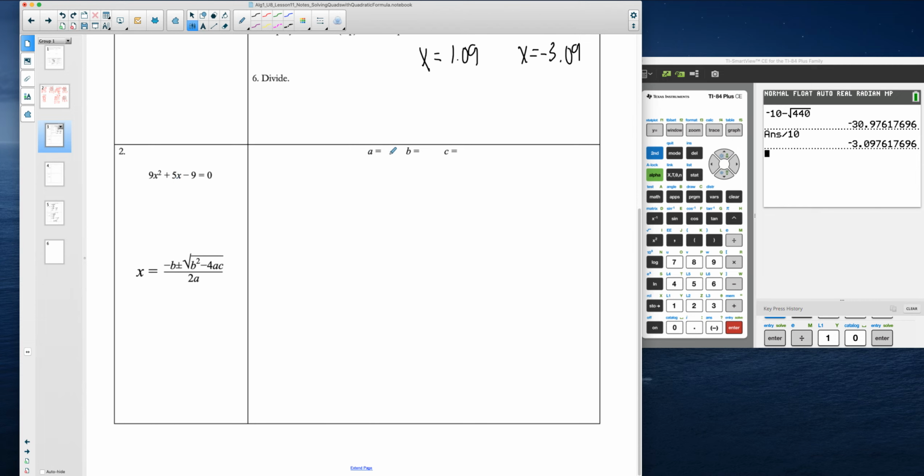Now I can go through and identify my a value as 9. My b value is positive 5, and my c value is negative 9. Now I'm going to take those values and plug them into our quadratic formula. So x equals the opposite of b, so that's going to be a negative 5 plus or minus the square root of b squared, so 5,